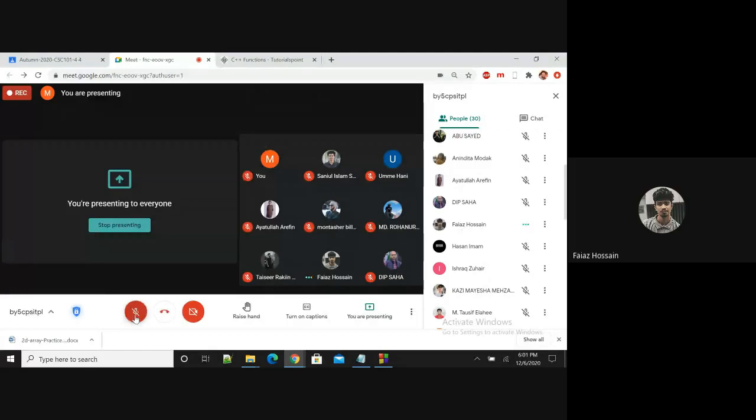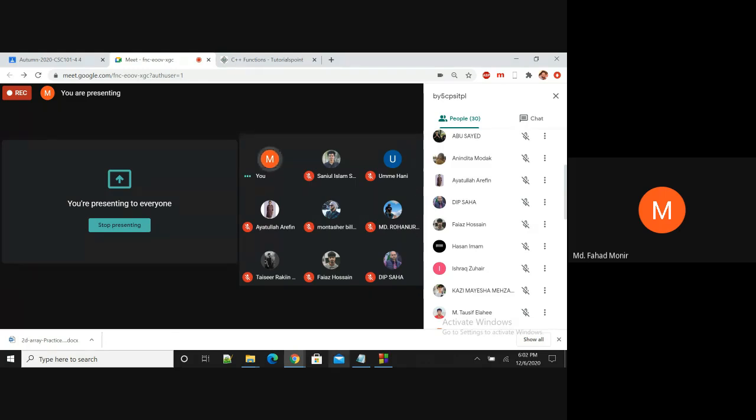ওকে, জাস্ট হোল্ড অন এ সেকেন্ড, আই গট এ কল। স্যার সাউন্ড চালা। আচ্ছা, সো নাও